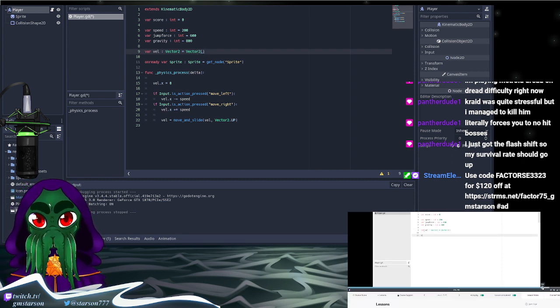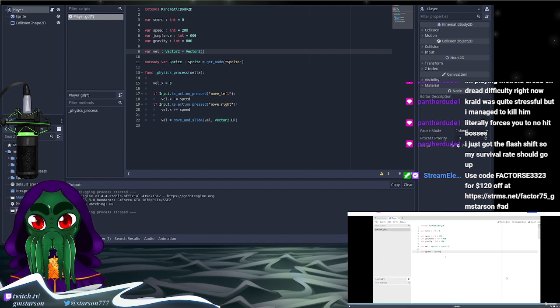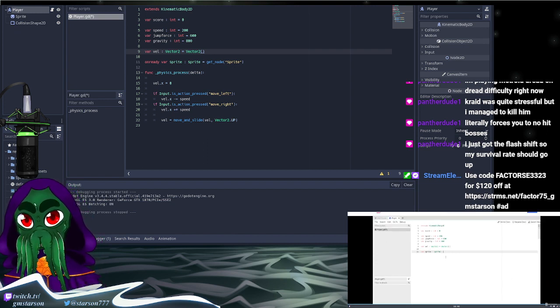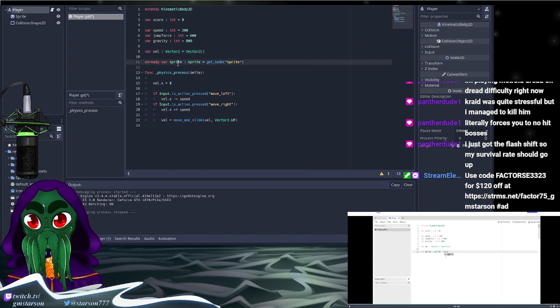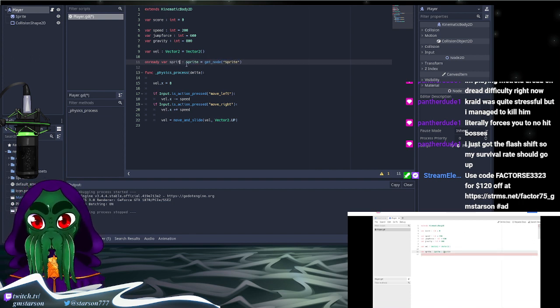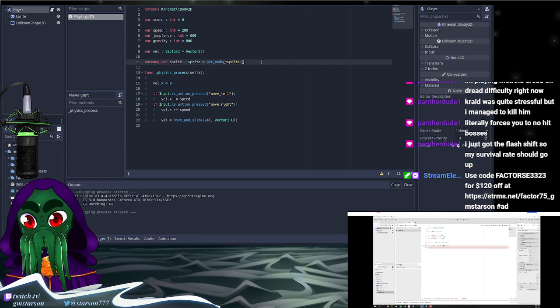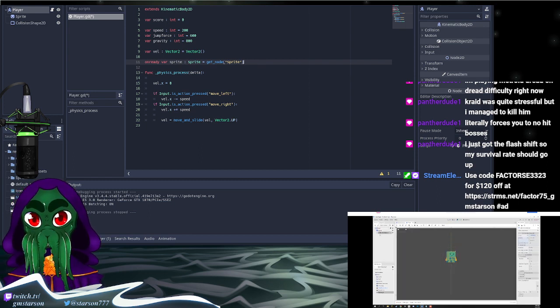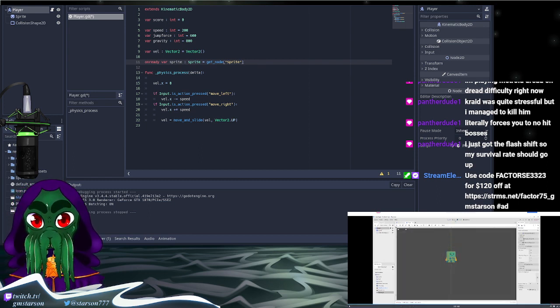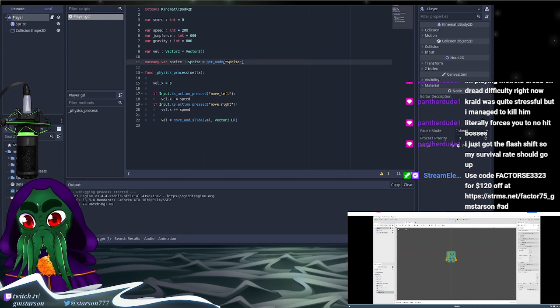What we want to do is go var sprite, which is a data type we can use, and this is going to be equal to $Sprite. Now what does this $Sprite mean? So this $ sign is pretty much saying, okay, I want you to look through all of our children nodes here and find the node